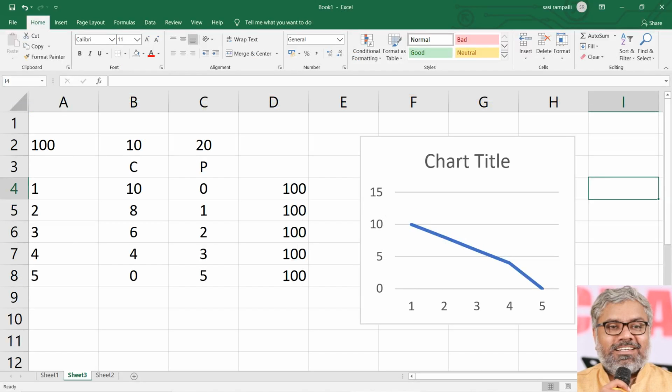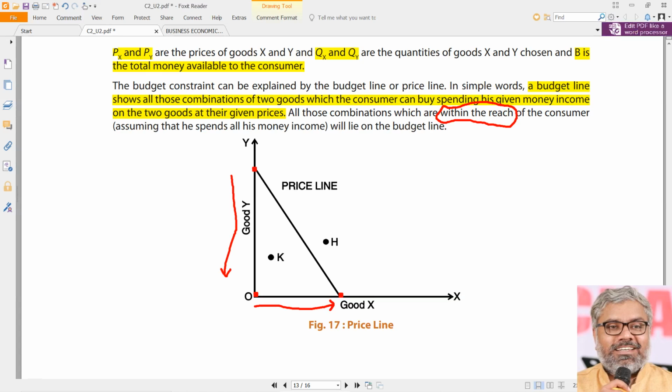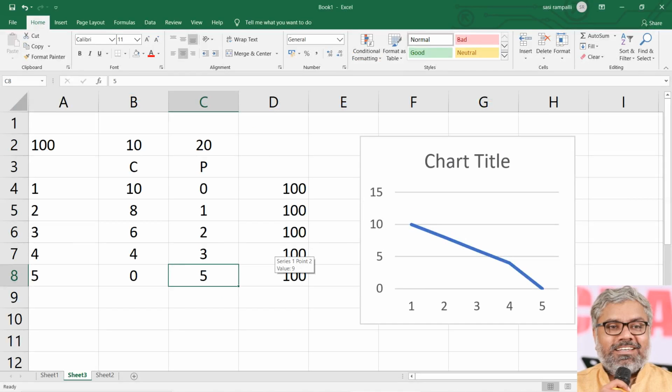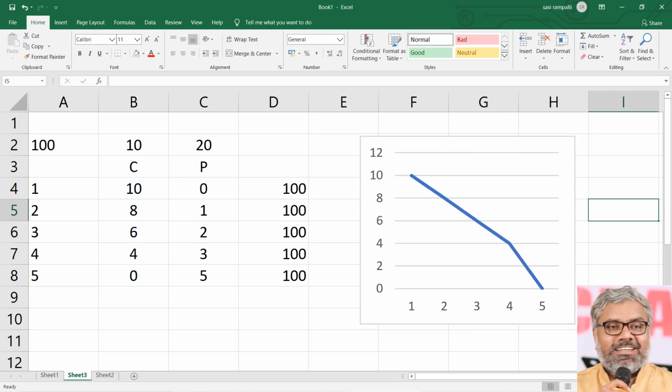When one is 0, the other one is 10. When one is 0, the other one is 5. So this will definitely extend up to here. When this is 0, it will be 10. So one by one, as the consumption of one commodity increases, the consumption of other commodity always decreases. And this can be whatever two commodities. In our example, we have taken as chocolates or pens. Like that, any two commodities can be taken like this.